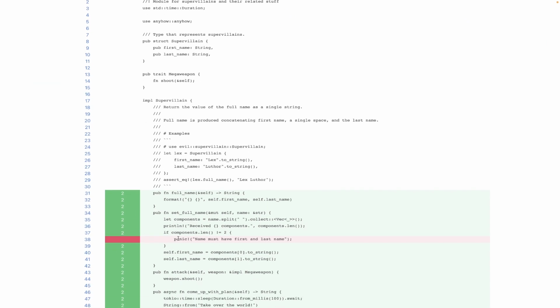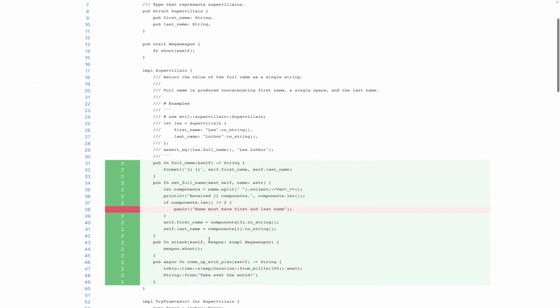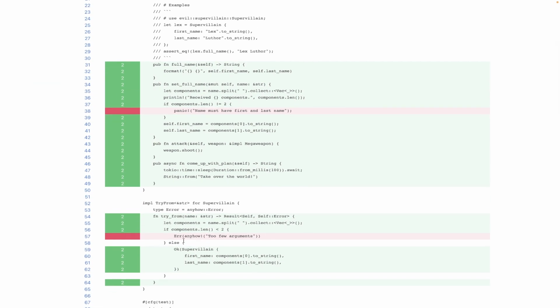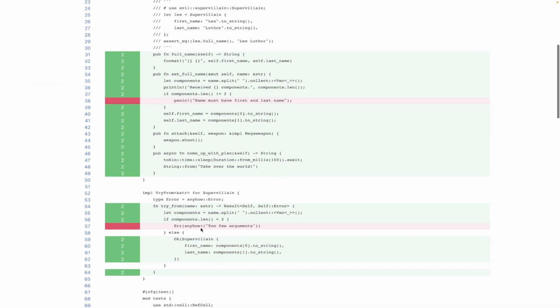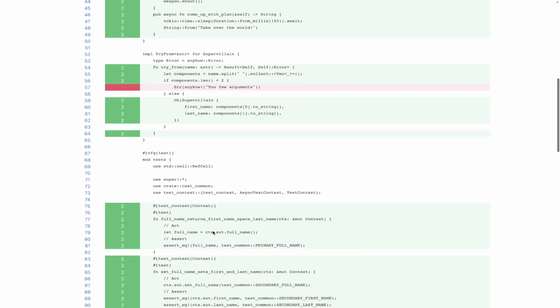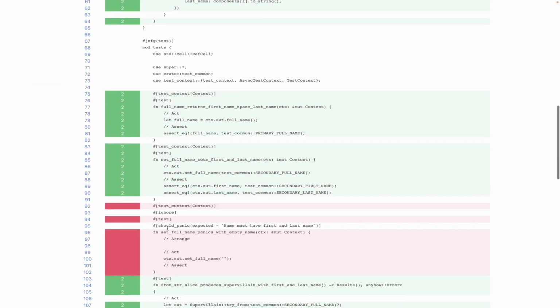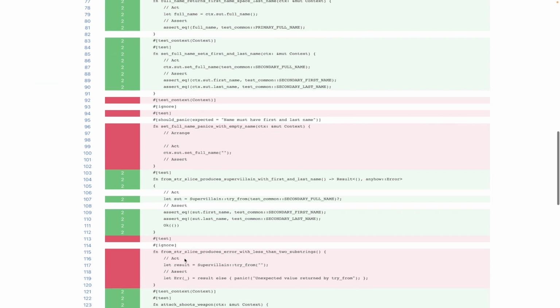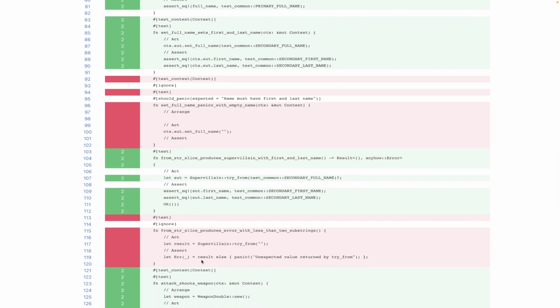And notice here that this red one means that there is no test that is covering this situation. Actually, there is, but we had the ignore flag. Same thing happens here for the TryFrom implementation. We do have a test that covers that, but it is not run because it is ignored. And you can see that happening here for this ignored test, and also here for the other ignored test,